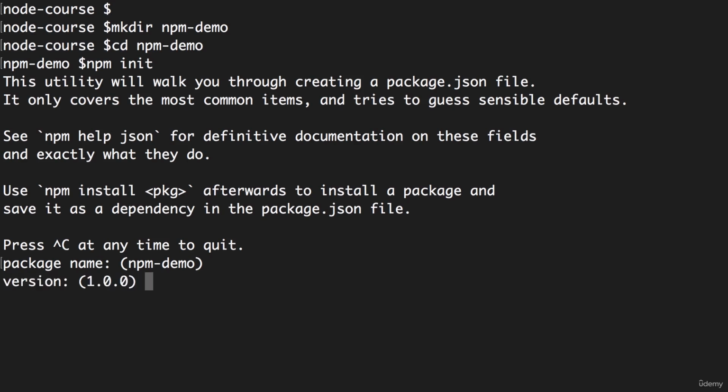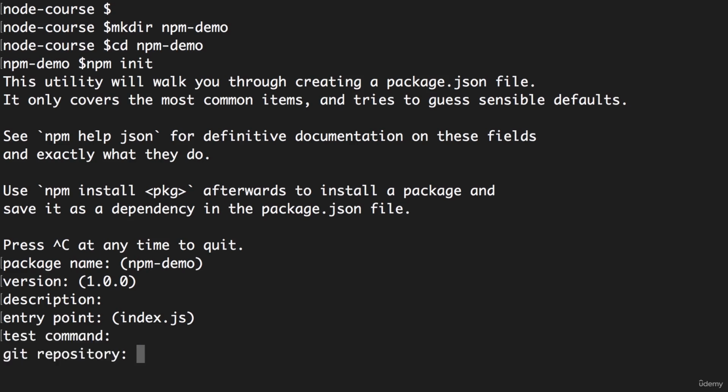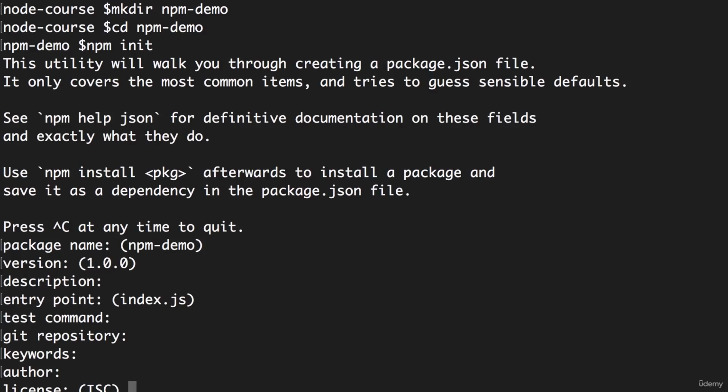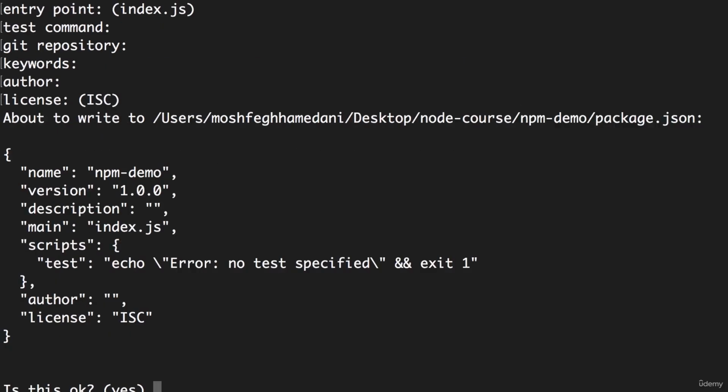Here's the next question, which is the version, which is set to 1.0.0. Again, I'm going to accept this. The next question is description. Then the entry point, which is index.js by default. The test command, again, we're going to ignore this. The address of Git repository, any keywords, the name of the author, the license, and finally, you can see this